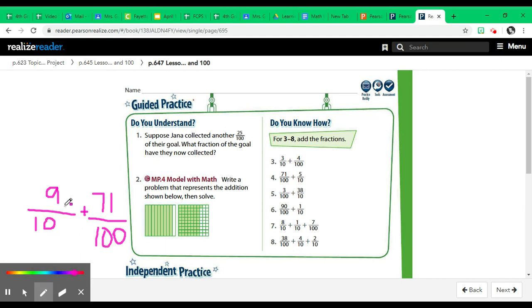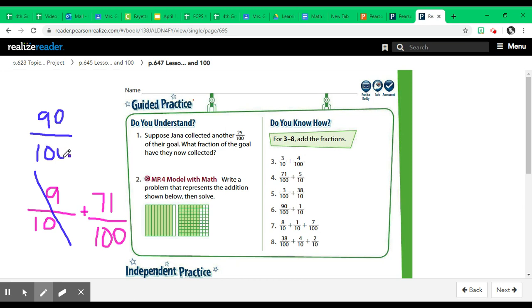So what I want to do is turn 9/10 into a fraction with 100 as the denominator. As we know, we have to multiply the same as the top and the bottom. So if I take 9/10 and I make it 9 times 10, that would be 90. 10 times 10 gives me my 100. So now I have 90 100ths plus 71